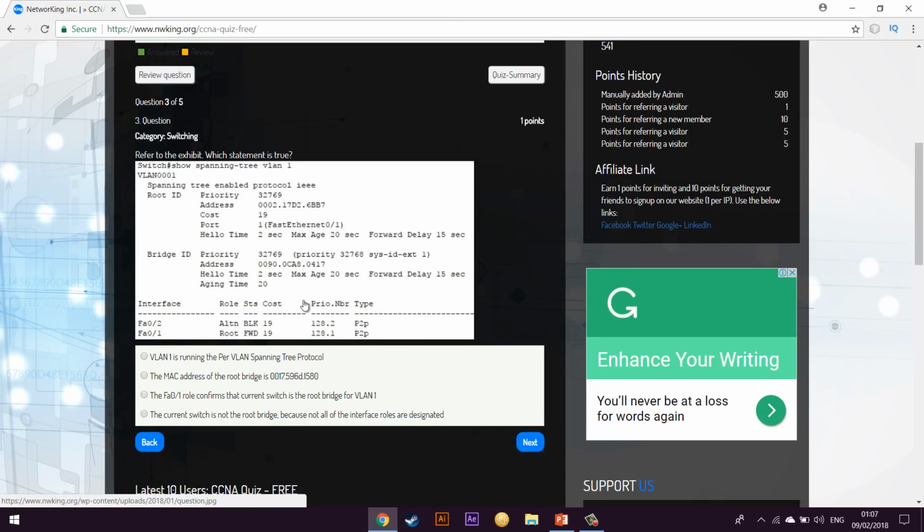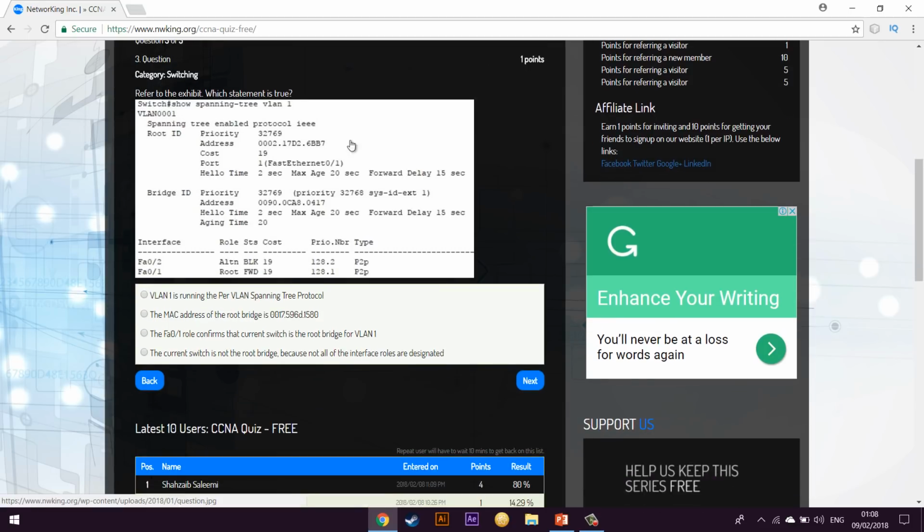Click next. Refer to the exhibit. It says show spanning tree. Depending on this output, they want us to choose one correct answer. VLAN 1 is running in per-VLAN PVST. The MAC address of the root bridge is so and so.